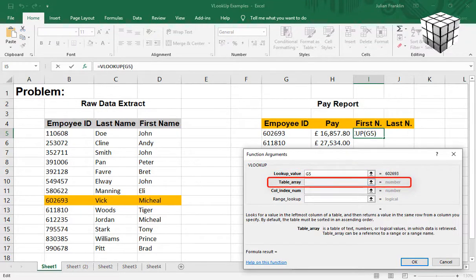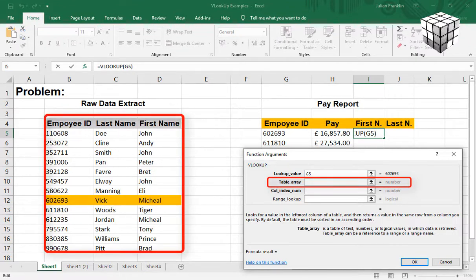The next field to complete in this wizard is the one called table array. A table array is just a range of consecutive cells making up a table of data. In this case, our range of cells spans from B4 all the way down to D17. We could have selected this range right now by dragging from B4 to D17, but if we do that, and then later copy down the formula to the next cell, the references will automatically update to B5 to D18, and